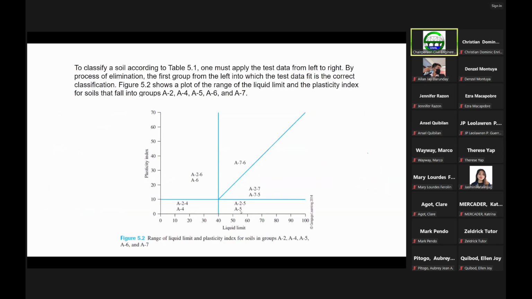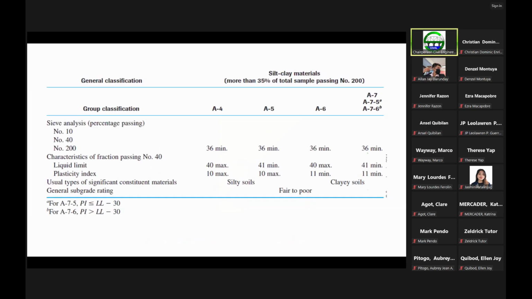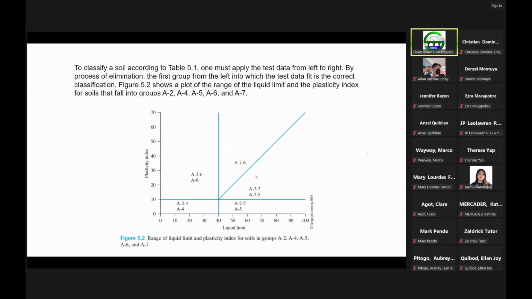So to classify the soil according to this table, one must apply the test data from left to right. That means we check first the leftmost classification, the leftmost type of material. Then if it will not satisfy the leftmost type, we proceed next to the right, to the next material type. So by process of elimination, the first group from the left into which the test data would fit would be the correct